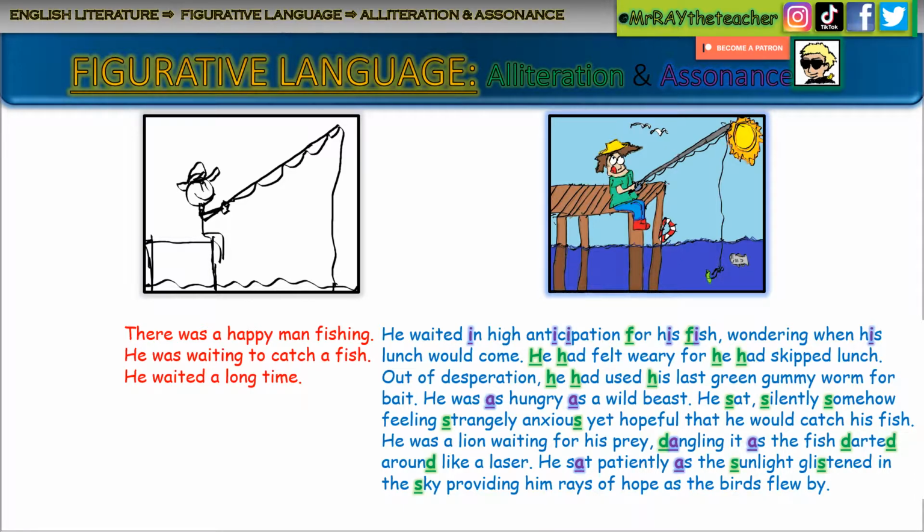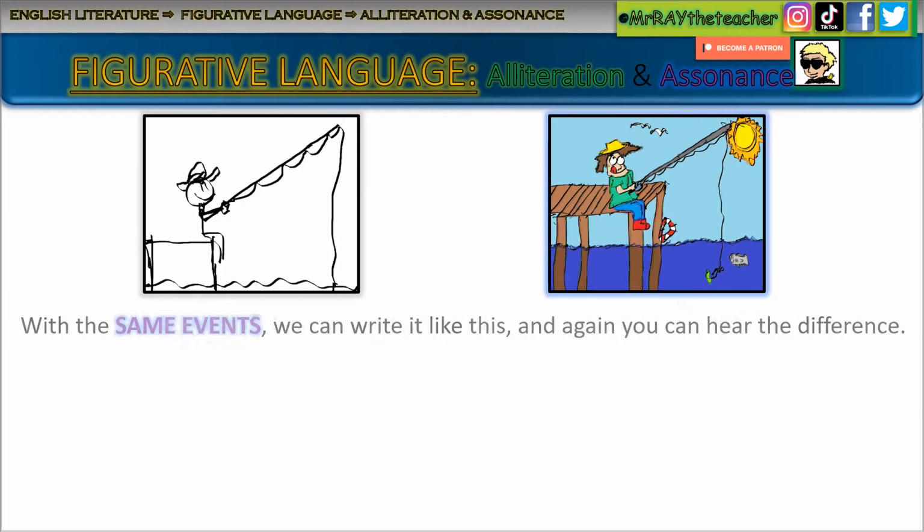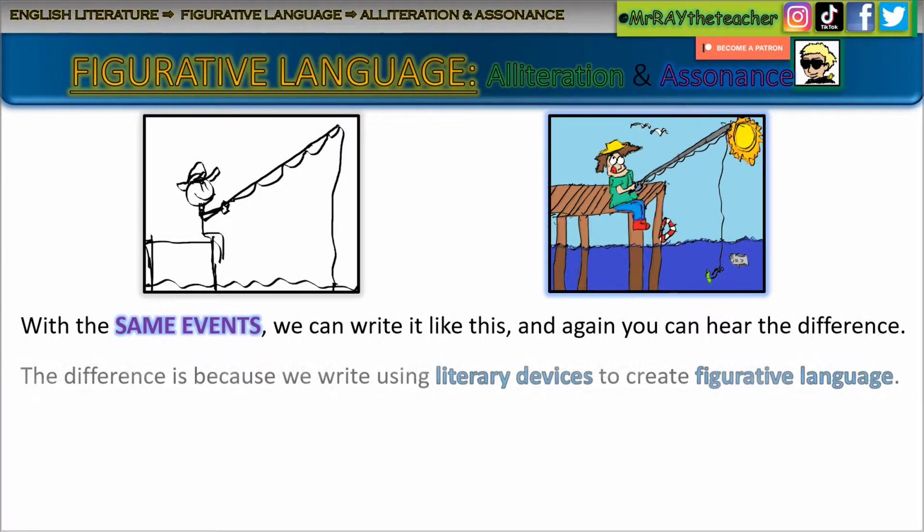And you see that little color getting added just right at the end, the green for alliteration, the purpley blue for assonance. So what is it, you may be asking? Let's find out together. So with the same events, we can write it like this, and again you can hear the difference, and that's